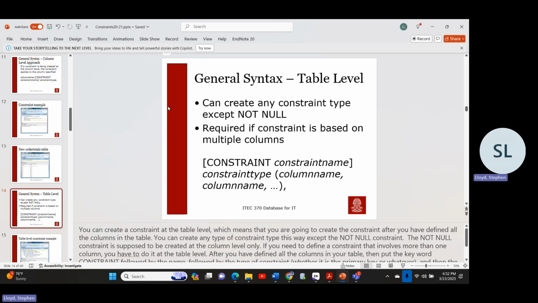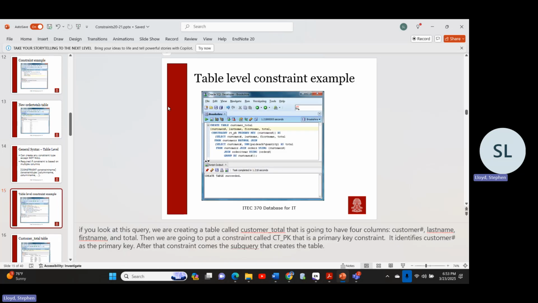The only one that you can't do this later for is the not null constraint. The not null constraint is supposed to be created at the column level only, so you have to do that up in the initial definition of your table. If you need to define a constraint that involves more than one column, you have to do it at the table level. After you've defined all the columns in your table, then put the keyword constraint